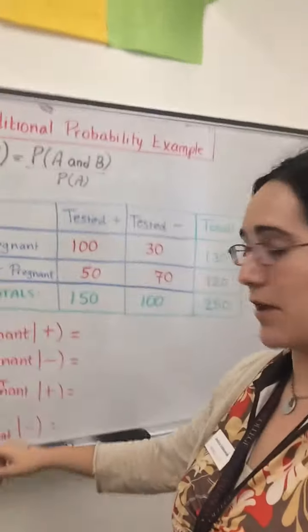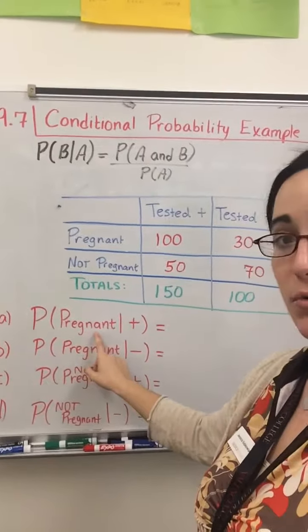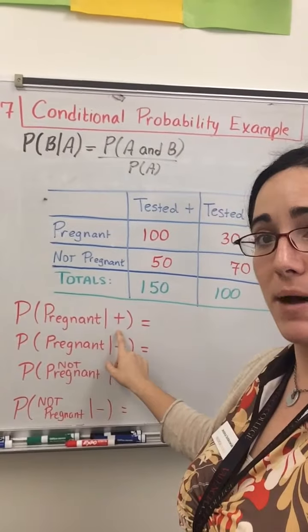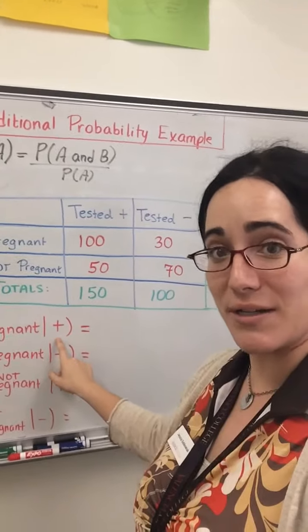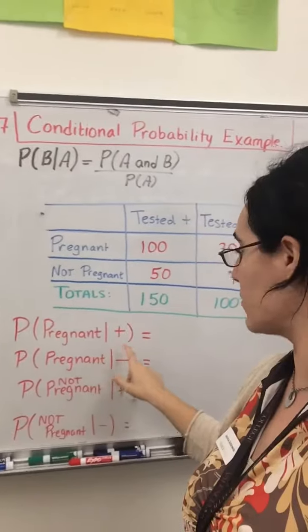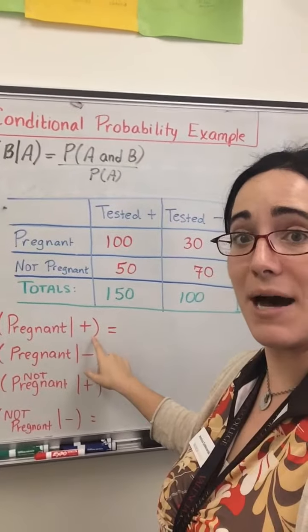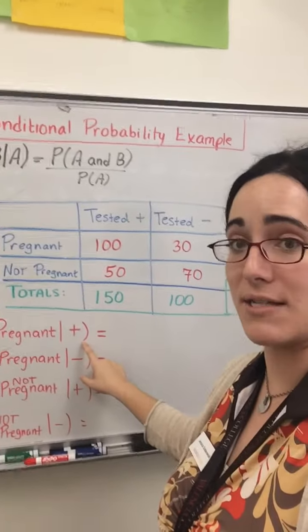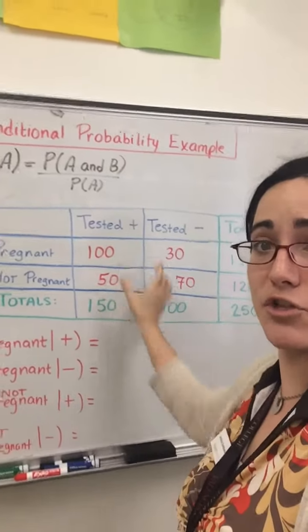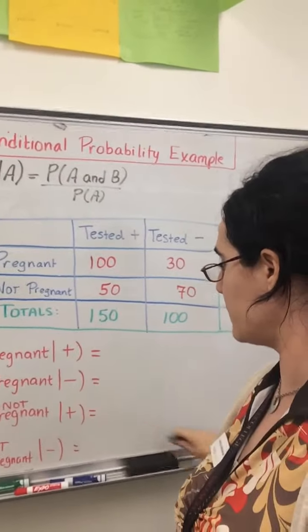Now we're asked to find the following probabilities. In part A, find the probability of randomly selecting a woman from this study who was pregnant given the fact that we know she tested positive. The shortcut to do these types of problems, rather than using the formula above, is simply to start with the given. We're told to look only at those women who tested positive. That's our given information. So looking at the column of tested positive restricts our view to only these 150 women. So from these 150 women,